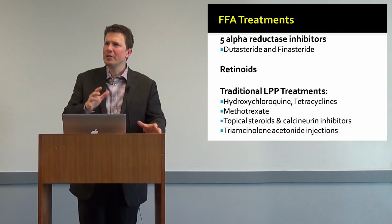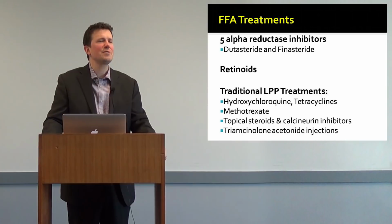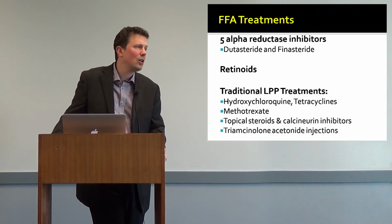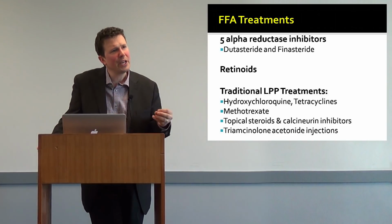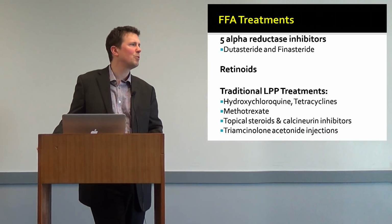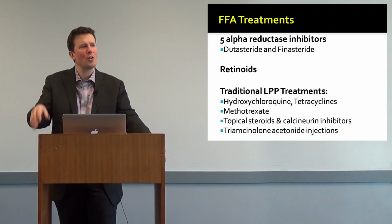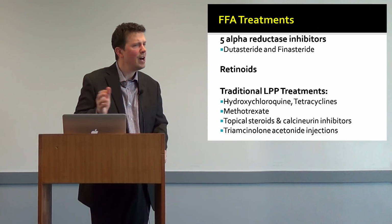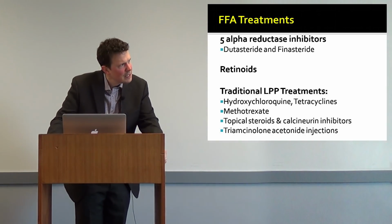It's still controversial in how well each of these work, but there's been some very good studies, especially studies from Spain, looking at the role of dutasteride and finasteride in large numbers of women with FFA, showing that these can stop the disease in a significant proportion of women and actually regrow hair in a significant number of women as well. And to date, these 5-alpha reductase inhibitors are the only treatment that has the potential to regrow hair in FFA. Of course, it doesn't regrow hair in all women with FFA, but